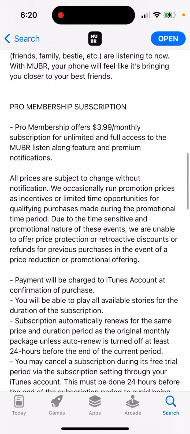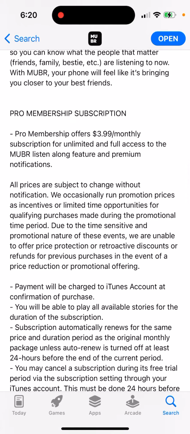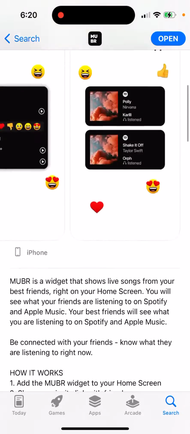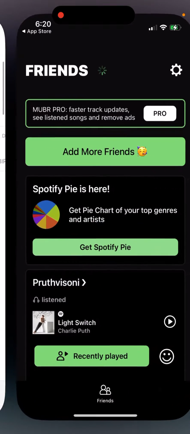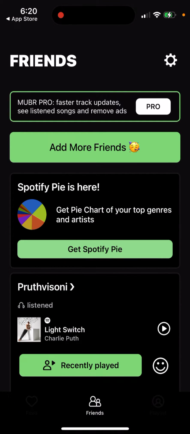So that's the idea. Then there is a pro membership subscription, which is $4 monthly for unlimited and full access to this app. So then just open up the app, and here you have